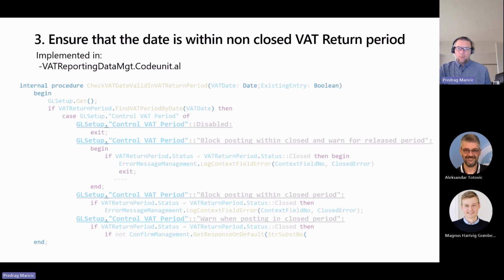Using the general ledger setup field Control VAT Date, it is possible to handle these cases by blocking posting, providing a warning, or ignoring it. With that, I will pass to Magnus, who will continue explaining how you can modify VAT date